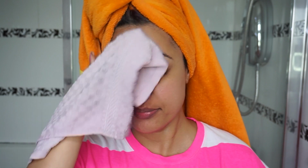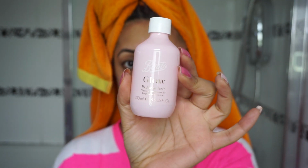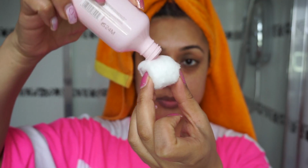My skin feels normal afterwards. It's not extra soft or extra smooth the way it would be when I use any other kind of mask. So this one is a 3 out of 10. It's a pass. Now let's move on to the Glow Radiance Tonic, which is basically a toner, and it's supposed